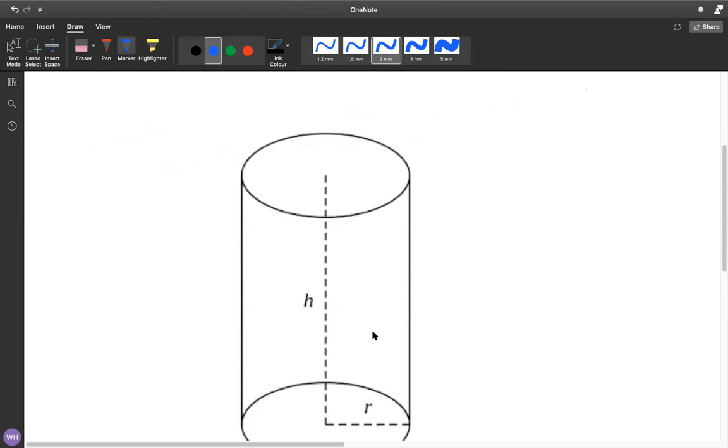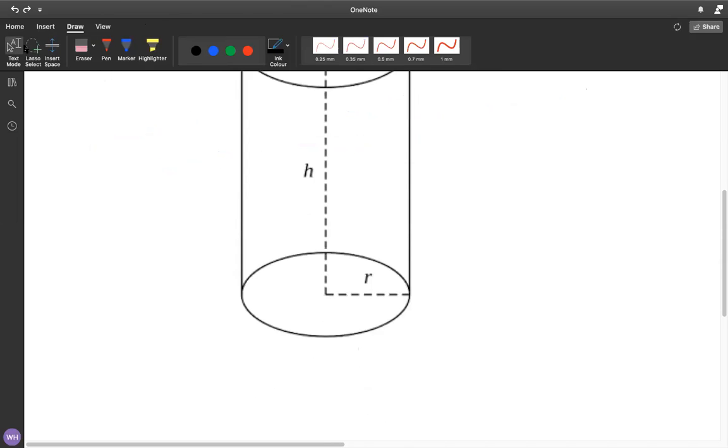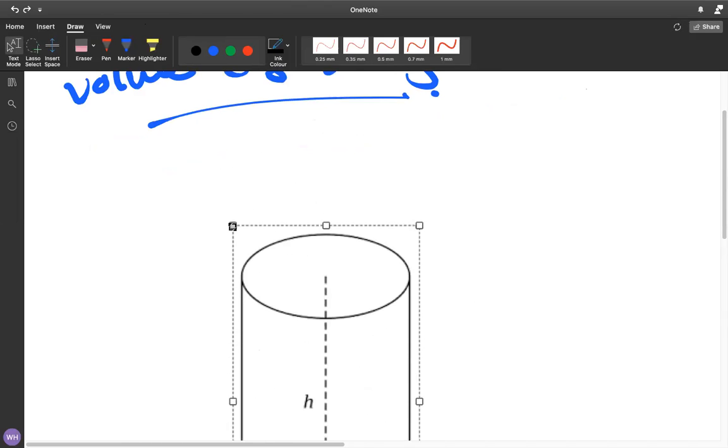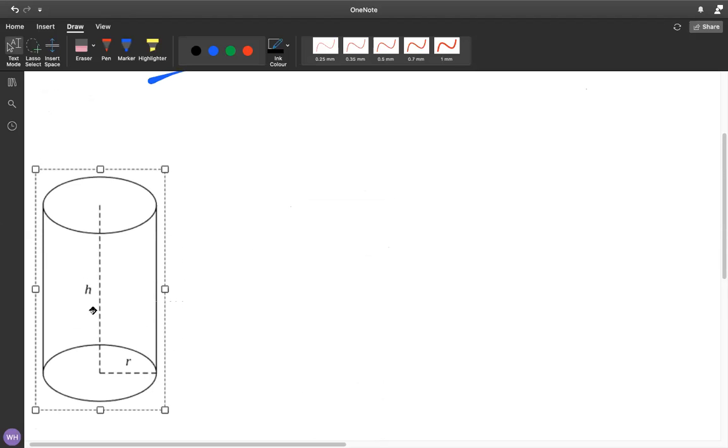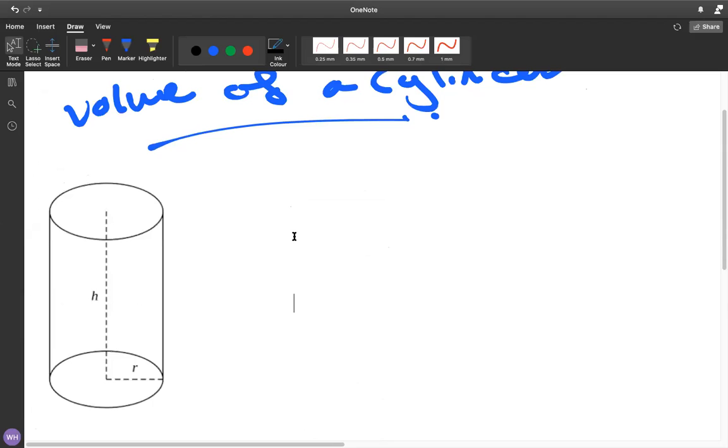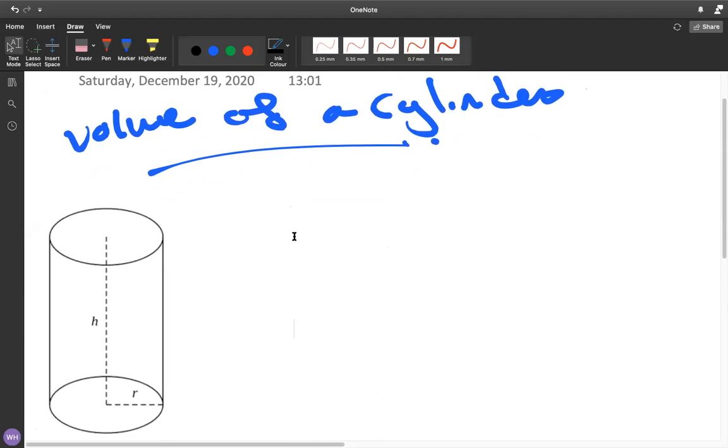Okay, so when it comes to a cylinder, in the previous part we have learned about how to calculate the surface area, right? Can you remember? I hope that you can remember it. Now in this part we are going to learn about how to find the volume of the cylinder. So when it comes to volume, we have to identify something related that you have learned in grade 8 as well. When it comes to a cylinder, you can imagine that this one has a figure